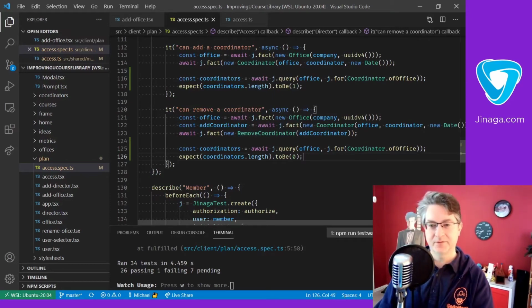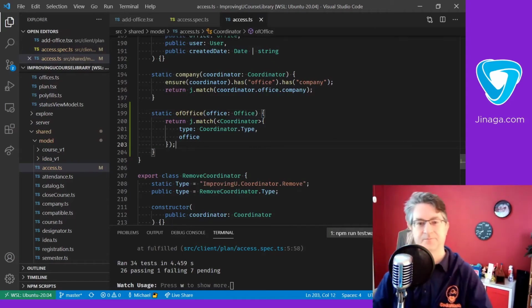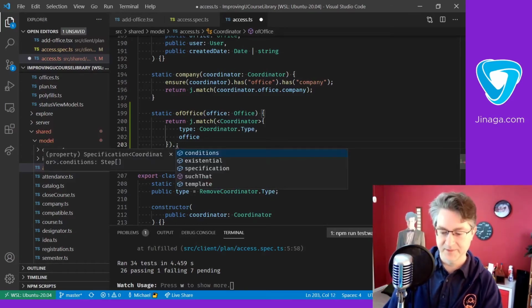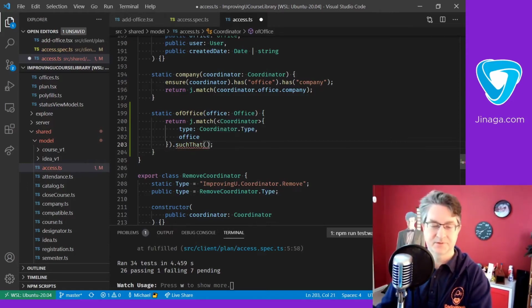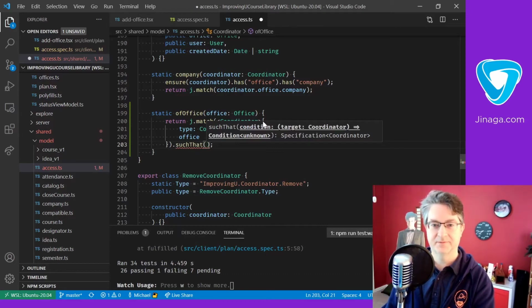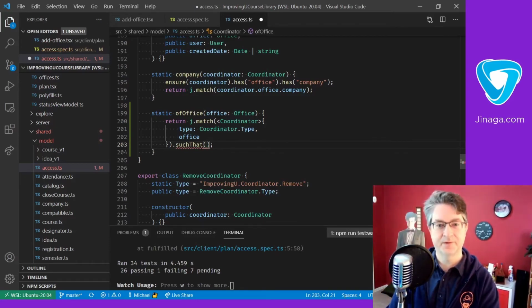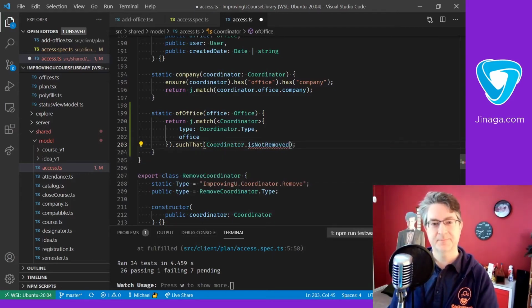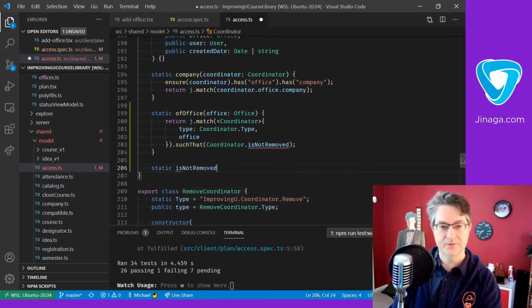So what we want to do is match against these such that there's not another fact beyond that. So we'll say such that, and then here we give another template function, a function that represents the condition of the such that. So here this takes a function that returns a condition. So that condition is the coordinator is not removed. Okay, so let's define that function right here. We're still inside of coordinator, so that's where we're going to define that. Static is not removed. This coordinator